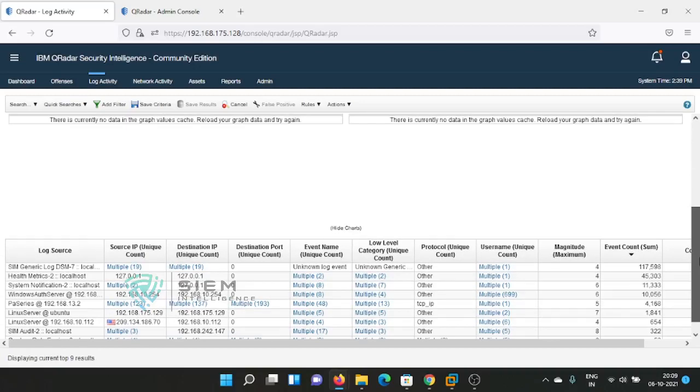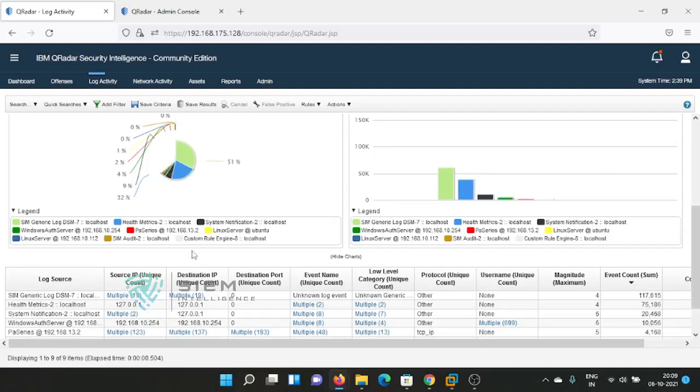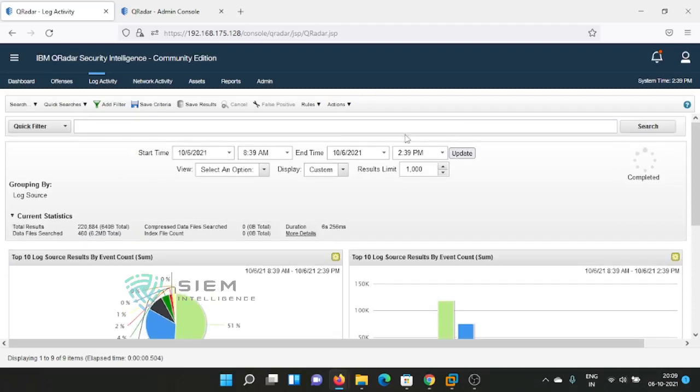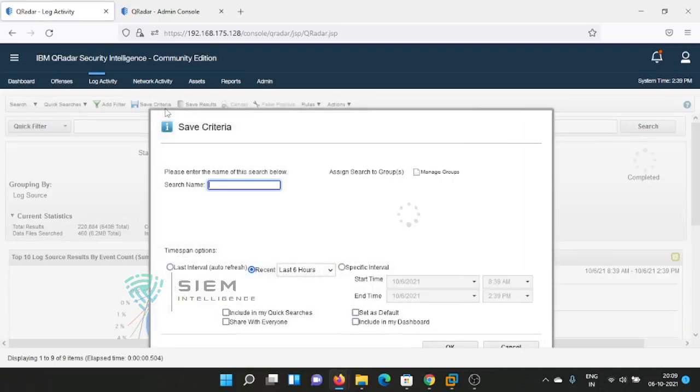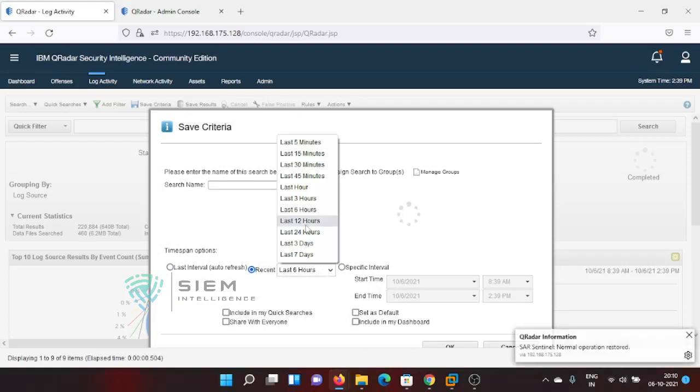This is only 6 hours of data. Now I want to save it with 12 hours of data. I'll just save criteria, change 6 hours to 12 hours, and add it under some other name.